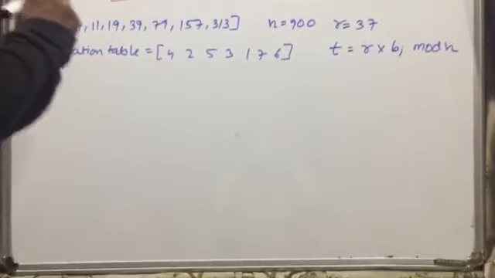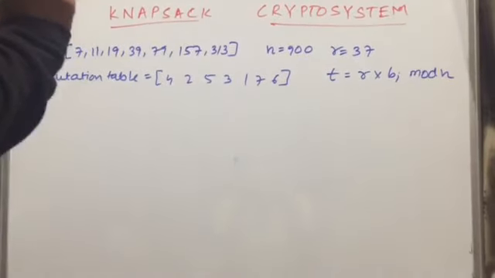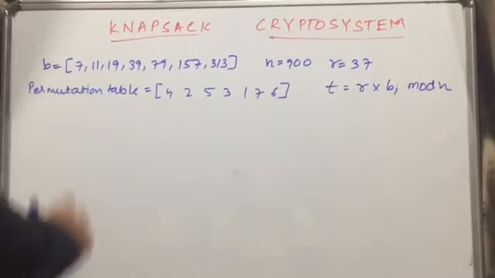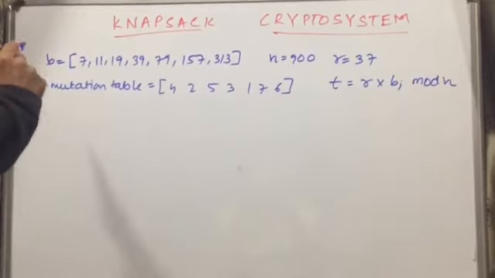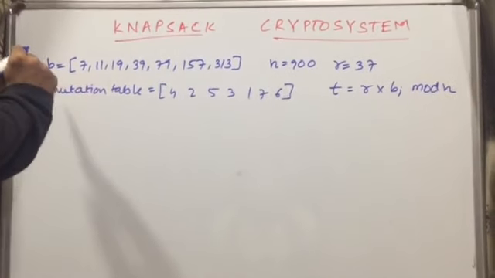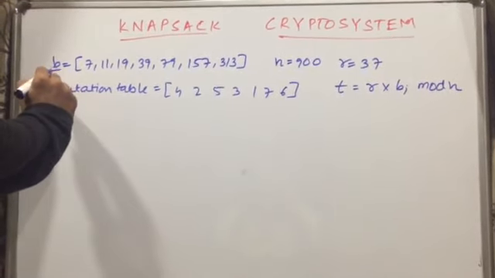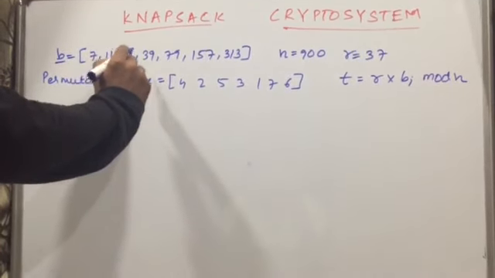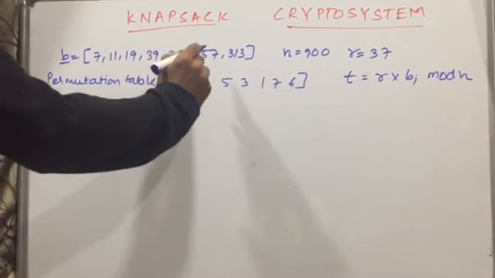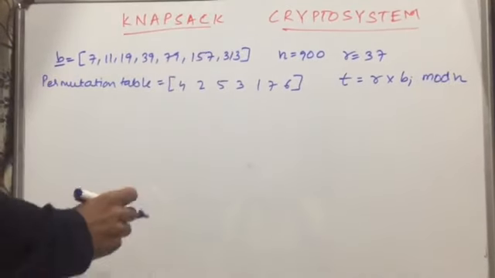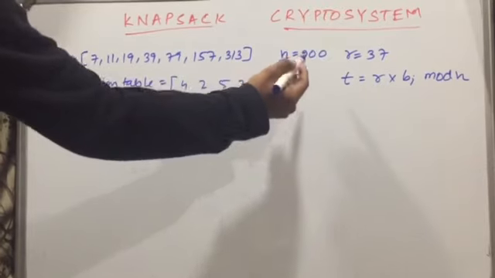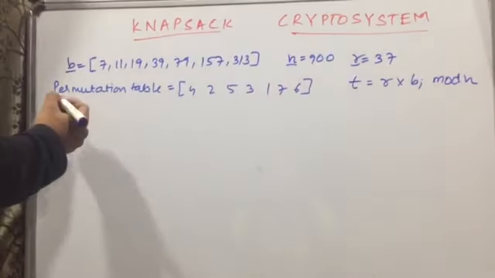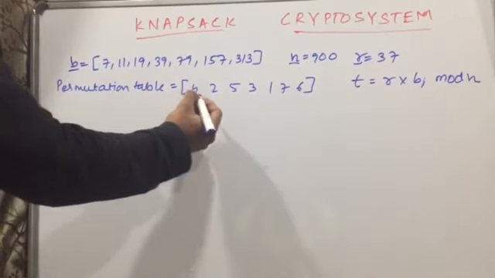Hello friends, in this video I am going to give you a brief introduction about the knapsack crypto system and how to solve its example. You will be given a super increasing tuple B: 7, 11, 19, 39, 79, 157 and 313. You will be given N as 900 and R as 37, and this is a permutation table